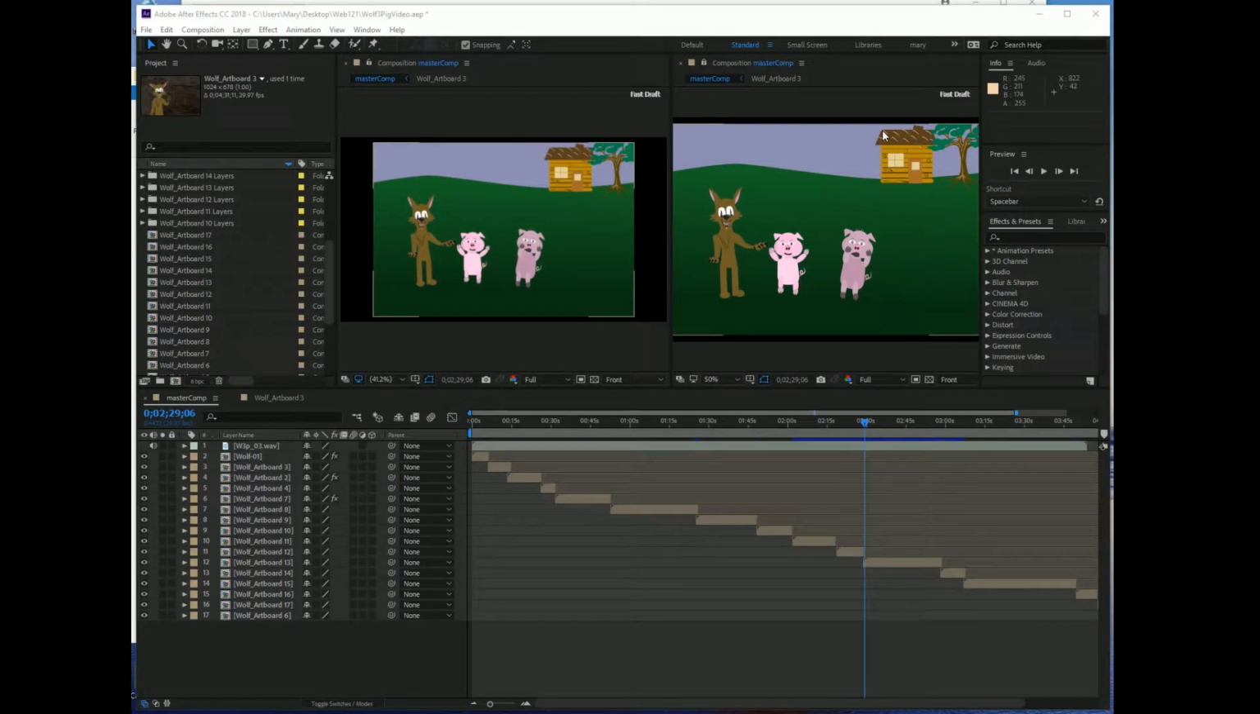Okay, class, now we're going to play with creating a camera with a null object so that we can move around and do some pans and zooms in After Effects. So the very first thing we have to do is figure out which layer or which composition layer we want to work with, and we want to put the camera or the layer in